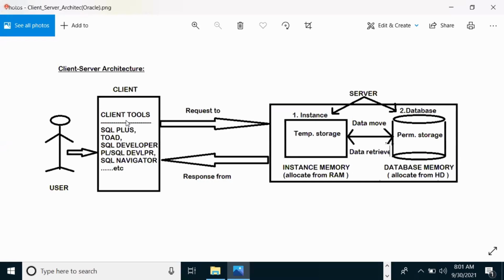So whenever we are inserting data, tell me, where will the inserted data be stored first? Instance memory or directly database memory? Come on, guys.